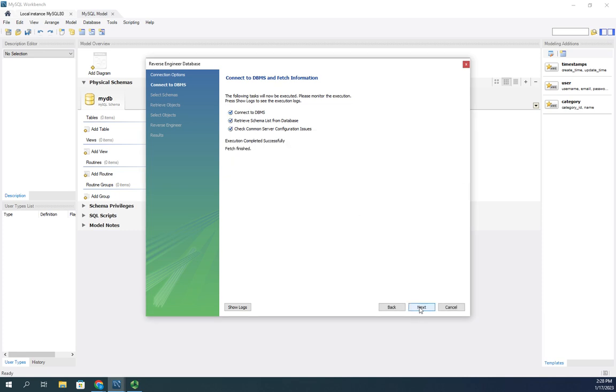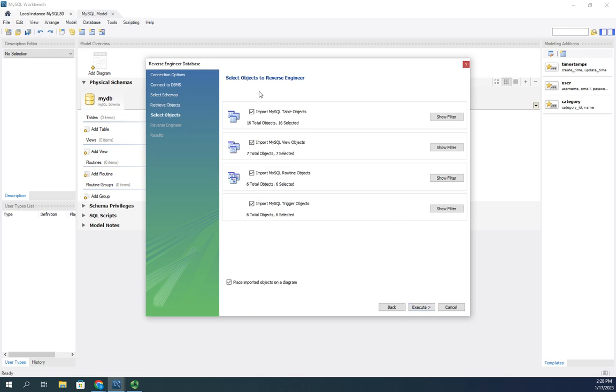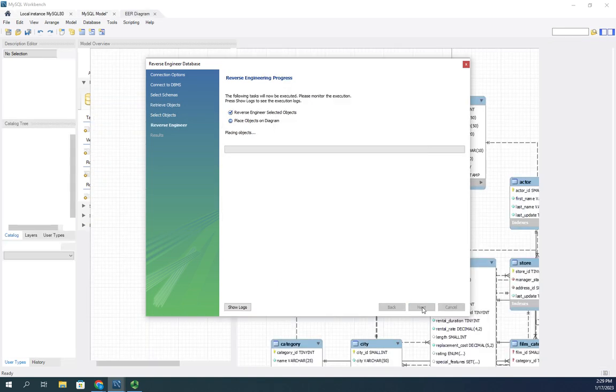Click next, and then I'm going to select what I want, and I want the world database here. Actually, you know what? Let me do the Sakila database. It's a little bit bigger. You'll see how this is a little more helpful. So I'm going to click next. It's going to go through, read a bunch of stuff, and then it's going to ask, well, what do we want to see? In this case, I just want to see the table objects. I don't want to see the views, the runtimes, or the triggers. So I'm going to unselect all of those. Just show me my tables, and click execute. And so this